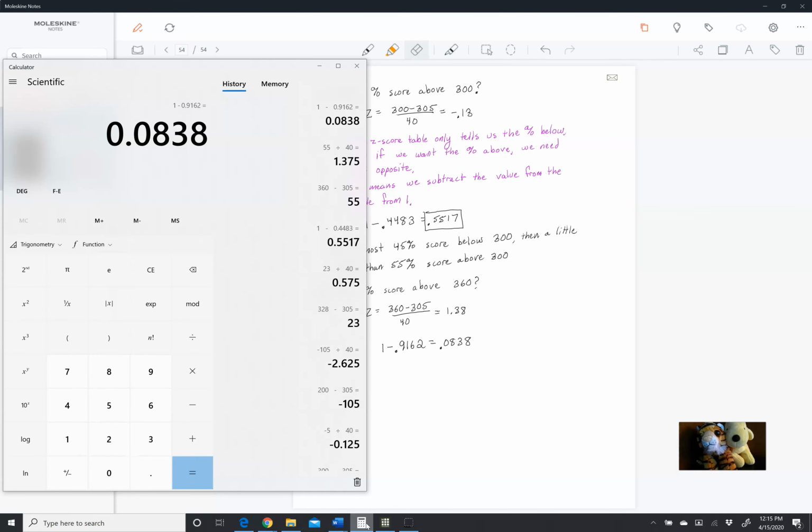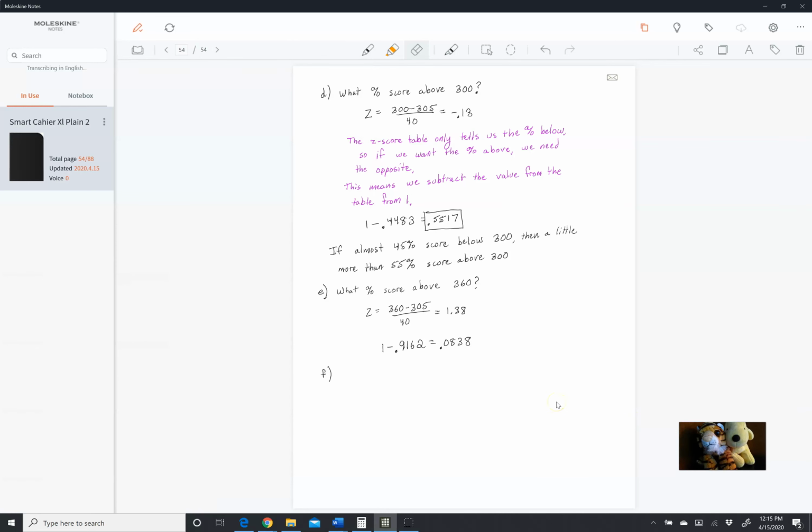And then let's take another one. Let's say that we want to know what percentage score between 200 and 320. Well, this is a little bit different because we're only getting z-scores, we're only getting percentages below. So in other words,